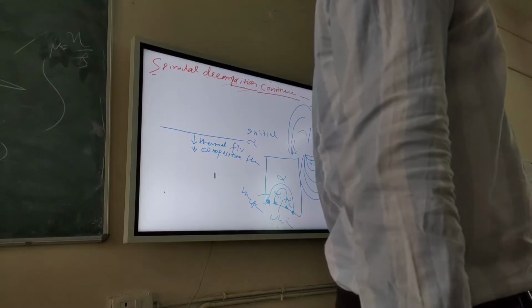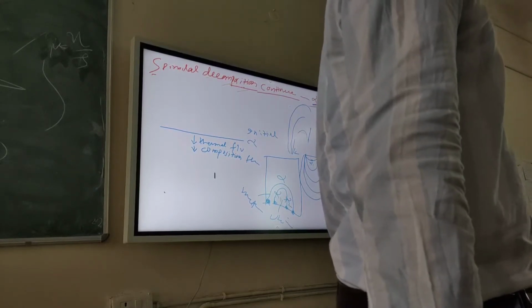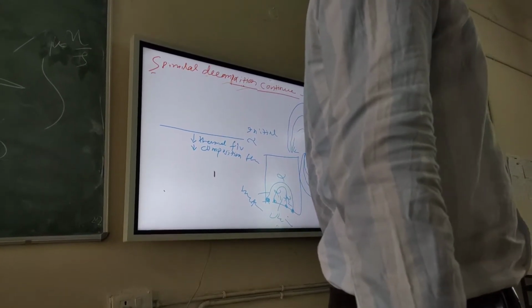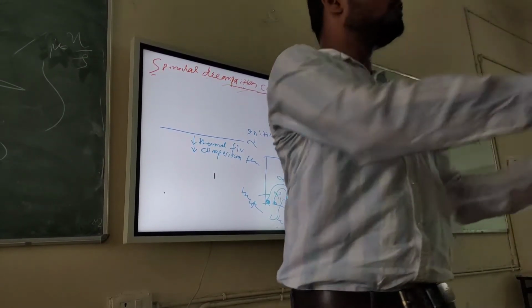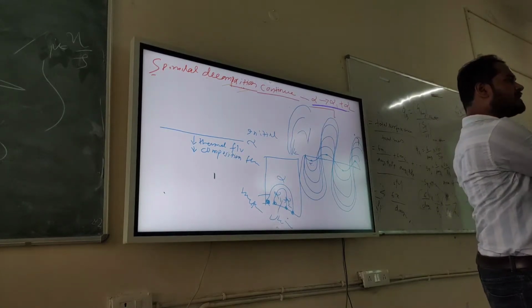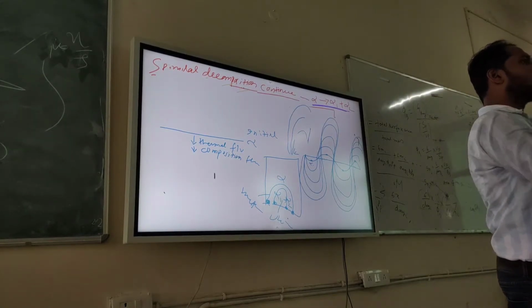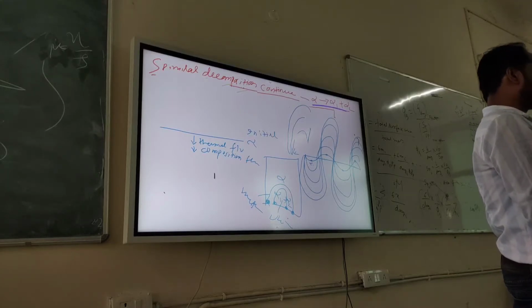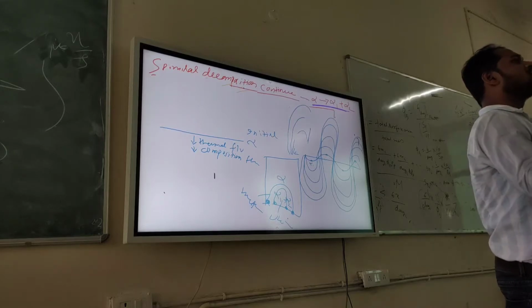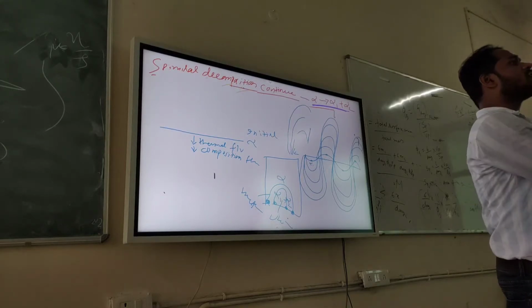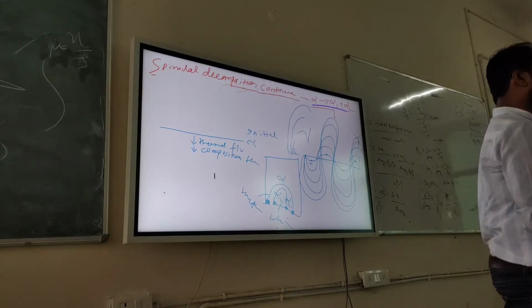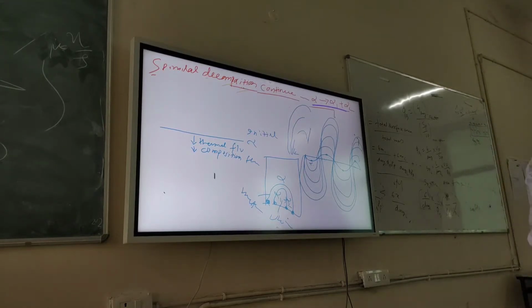So miscibility gap occurs when the enthalpy of mixing is positive. Enthalpy of mixing should be positive, then only miscibility gap will happen, because they don't like each other. If you put two atoms together intentionally and they don't like each other, they will segregate. One will be A-rich, one will be B-rich. But if they like each other, they will form an isomorphous system. Everywhere you have the same number of A, same number of B, right? But if they like each other so much, they can form a bond and they can form a compound. That's all. Okay? So these are the things.